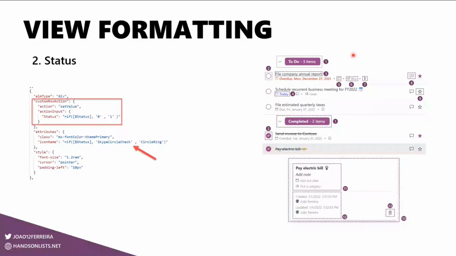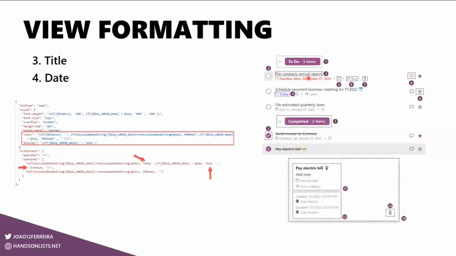Moving forward, the title here is super simple. It's just printing whatever is stored in that column for the item. Then the date is where things get a bit more complex. As you can see here, we have different formatting applied depending on whether the task is overdue and not completed, if it is today, or if we still have time to accomplish it. It changes the font weight, the way the date is displayed, and also the color, and all of that is done through the comparisons made here to display the colors and the text.